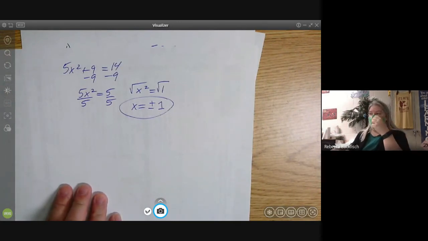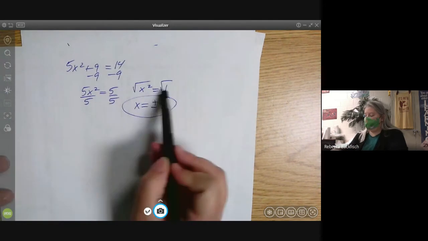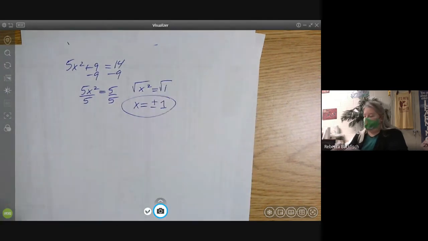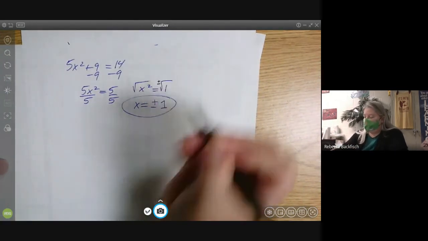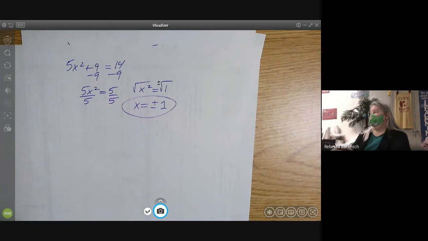Okay, questions on that? So I gave you the wrong answer and then talked myself back into the right one. But I did want to point out that don't forget, whenever you take the square root of both sides, that gives you a plus or minus automatically. I don't think when I was in high school, I understood why sometimes we would say plus or minus and sometimes we wouldn't. And when we're taking the square root, and if I haven't talked about that before, let me tell you that the big idea